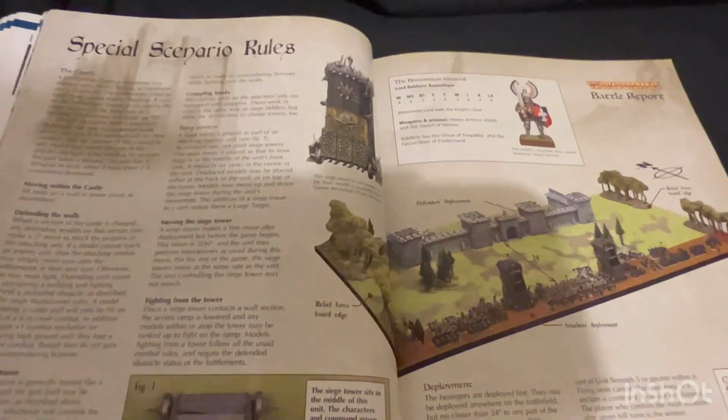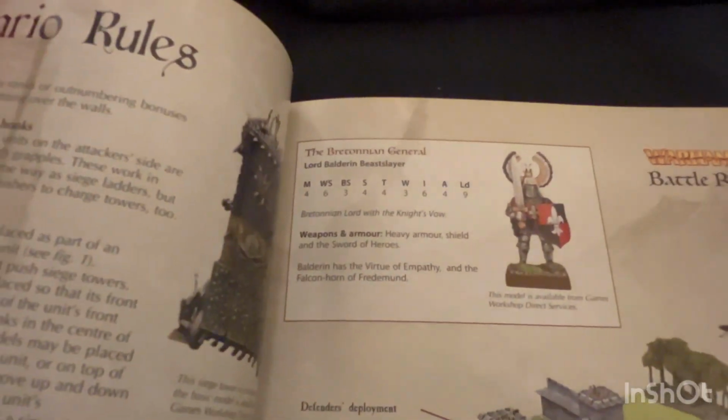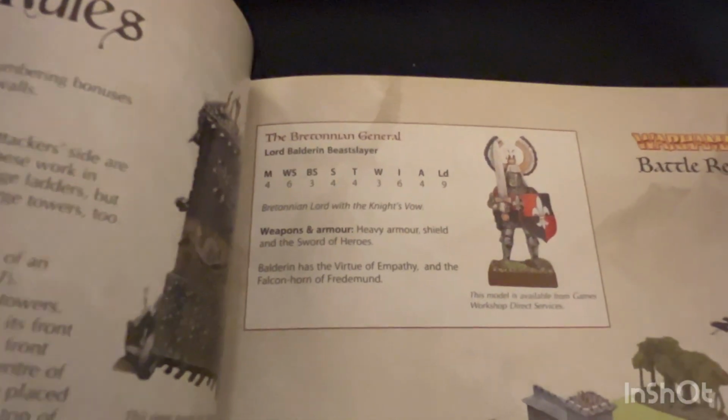This is actually a pretty cool battle. A bunch of nice special rules there for moving within the castle, moving the siege tower. And of course we have the Bretonnian general, Lord Baldwin Beastslayer. See the old stat line there: movement, weapon skill, ballistic skill, strength, toughness, wounds, initiative, attacks, leadership. A lot that's gone now for our Fantasy version. You'll notice there's no armor save. And that is because